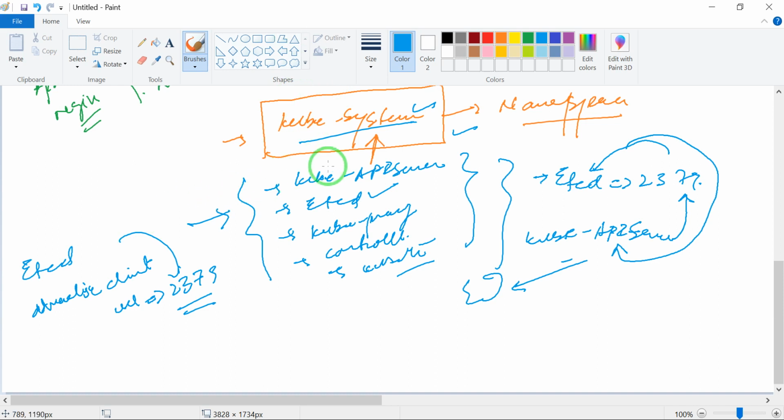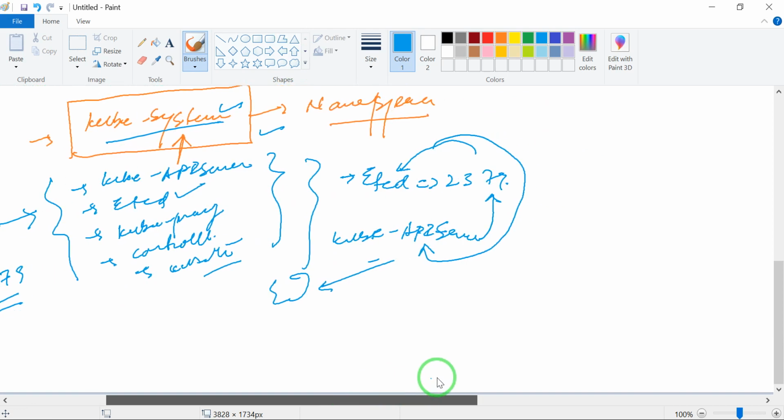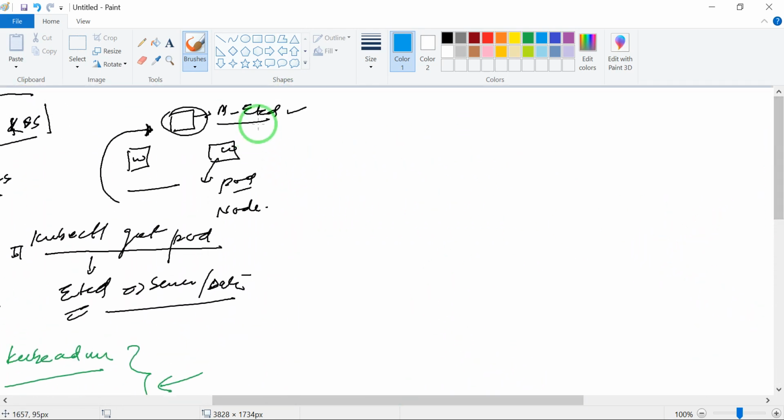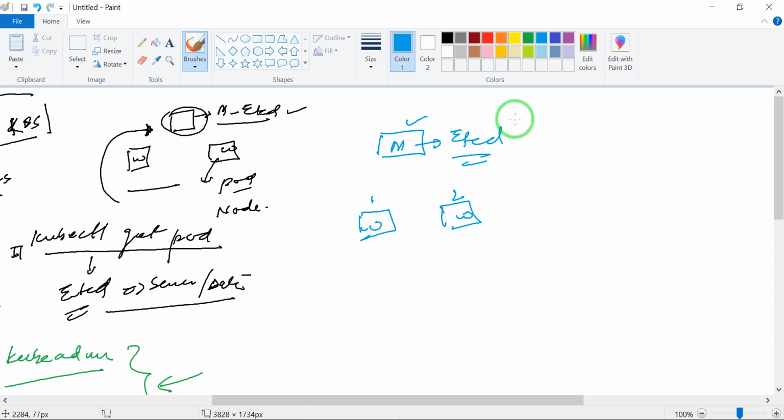Now we have to move on a little bit more on etcd. We can run etcd on a single master node, just deploy etcd there. Let me make a scenario here. We have the master node, worker node 1 and worker node 2, and all the information is stored on the master node. So what happens if your master is down?